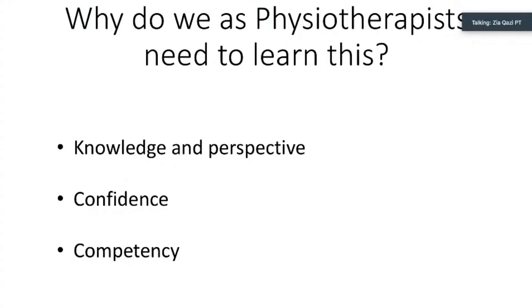One is knowledge and perspective. Whenever you go see a report, it will tell you the patient has a head injury, it is a subarachnoid hemorrhage or subdural hematoma. What does that mean actually? What is happening to the brain? What is your perspective over it? We never know what is happening to the brain tissue. We never see the brain tissue. So the essentiality of learning how to read or interpret a scan, or just go see a scan and know, okay, this is how an SAH looks, this is how hydrocephalus looks, this is how a tumor looks, okay, this can be stroke, is really important.